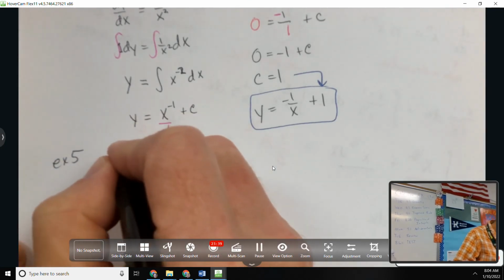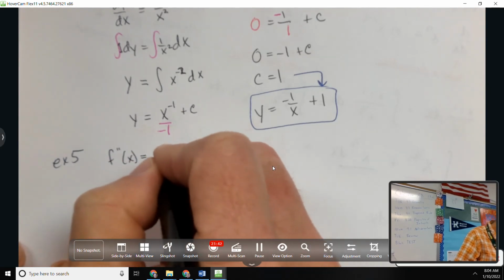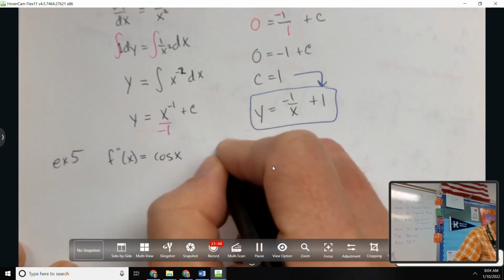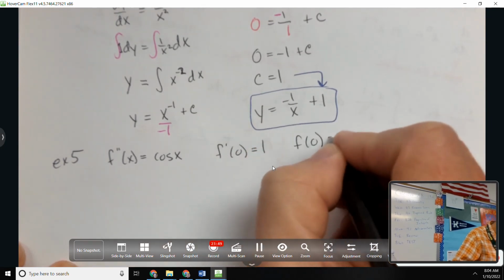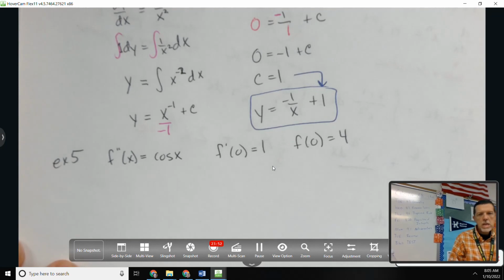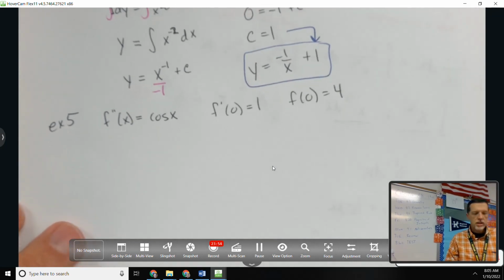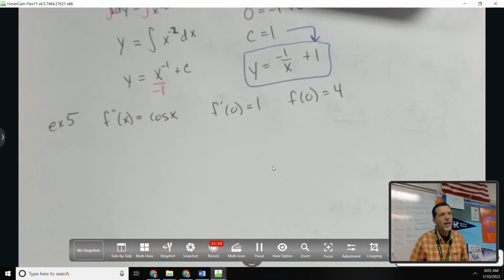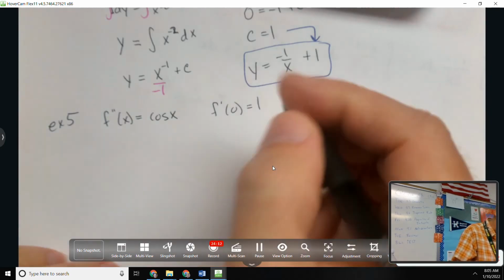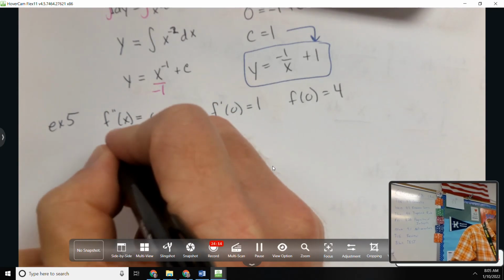F double prime of x equals cosine of x. F prime of 0 equals 1. And f of 0 equals 4. Okay, so I'm starting with a second derivative. So how many times will I have to back up to get to the regular function? Twice. So I need to underivatize once, that'll give me f prime. Then I'll underivative another time, and that'll give me f. So if I underivative once,